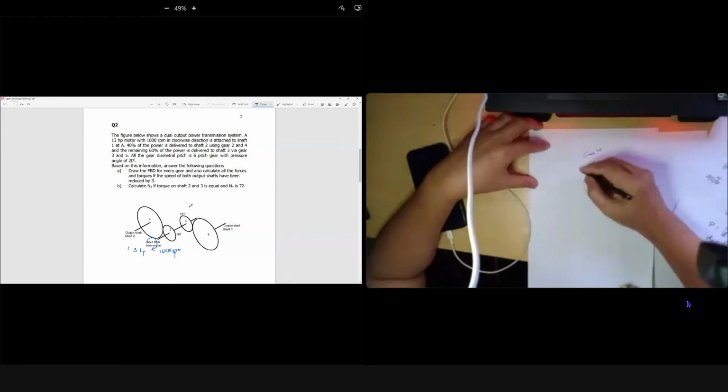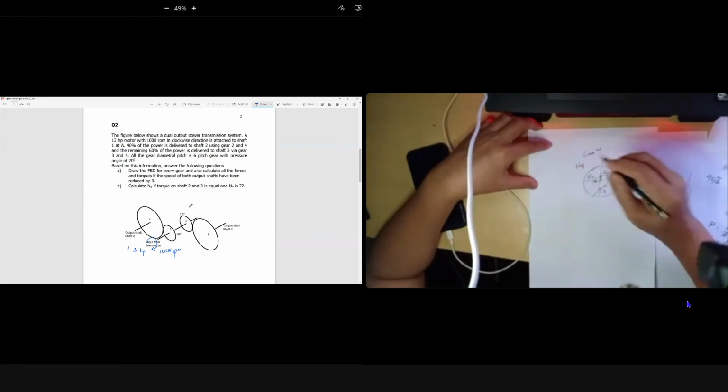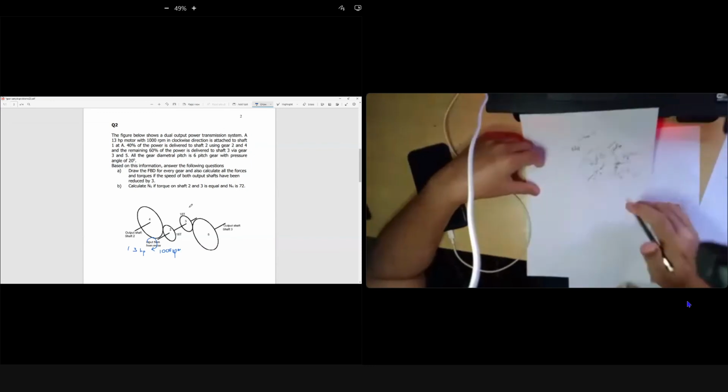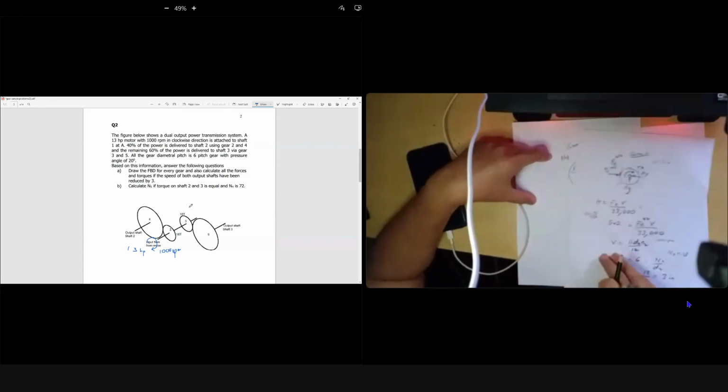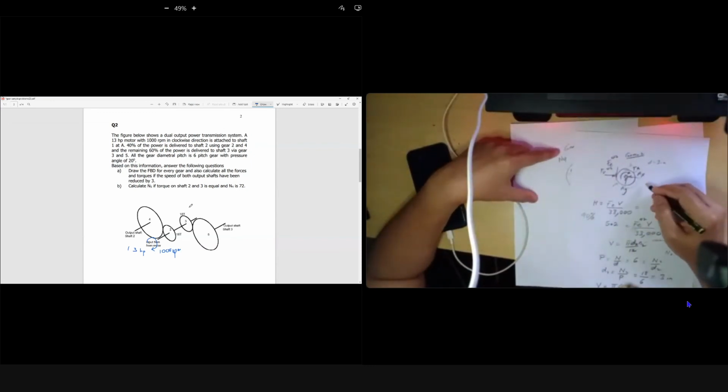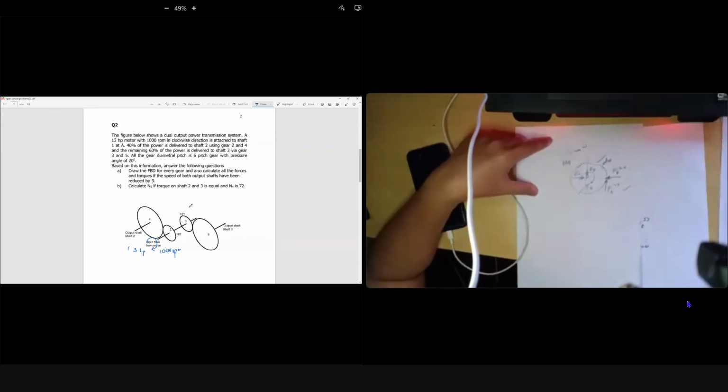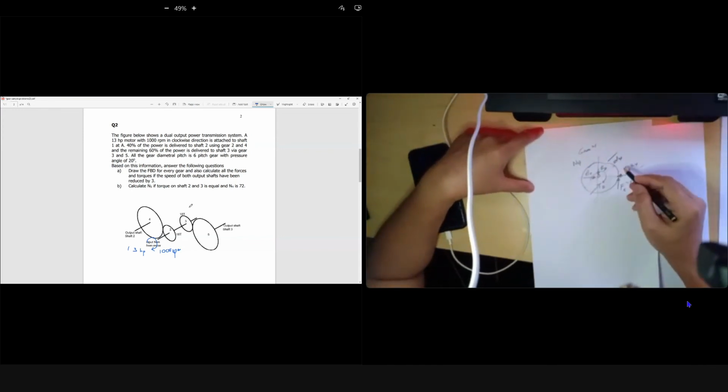Yeah. So for gear 4, N4 is not given. By the statement that it is reduced by 3, it means it's the speed reducer. We know that N2 just now is 18, right? N2 is 18. So, for us to calculate our torque,